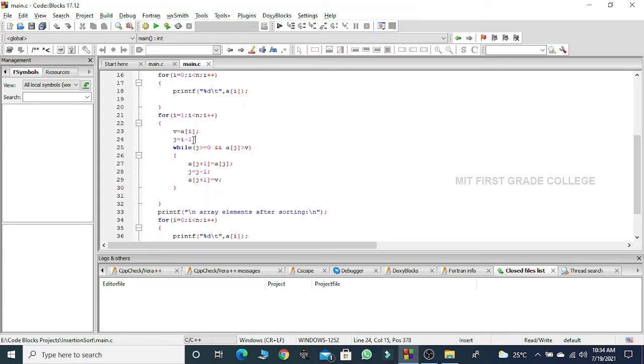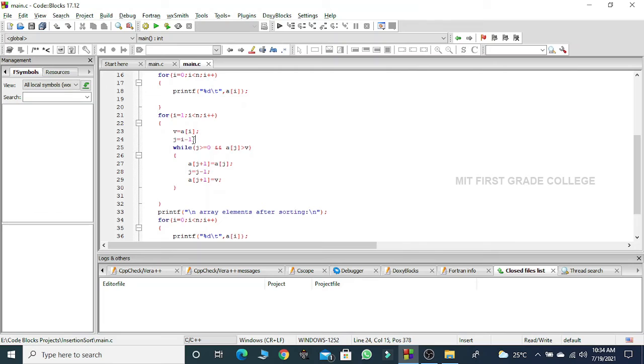Inside the while loop, I check the condition: if the value of j is greater than or equal to 0 and a of j, which represents the array element here, a of 0 in this case, is greater than v. v represents a of 1 here. So I am comparing a of 0 with a of 1. If a of 0 is greater than a of 1, I swap these two elements, making room for the smallest element.